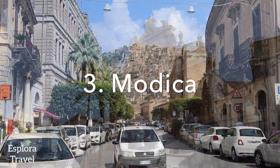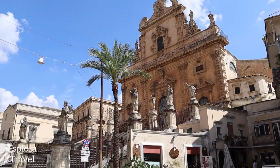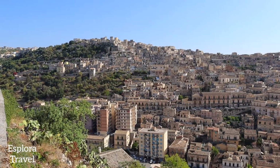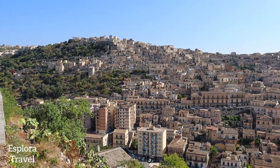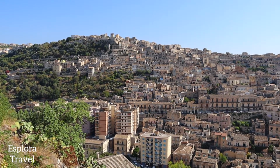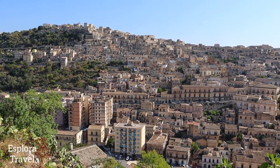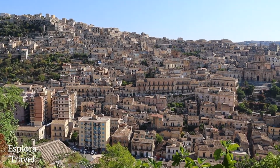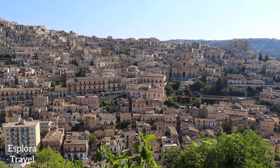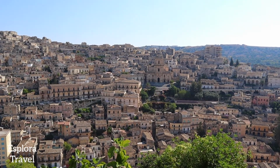We've come finally to Modica, once upon a time known as the Venice of the South. The rivers that once flowed through it have long since been diverted, but nevertheless the beauty and charm remains. On the very top of the hill there is Pizzo Belvedere, but look at all the houses tumbling down the hillside. Panning round a little bit, just there in centre screen right in front of us is the church of